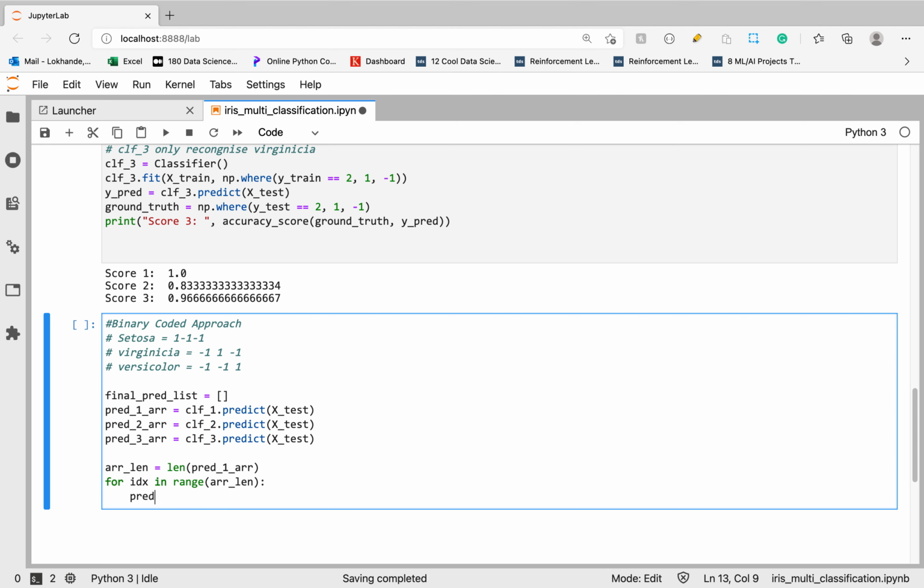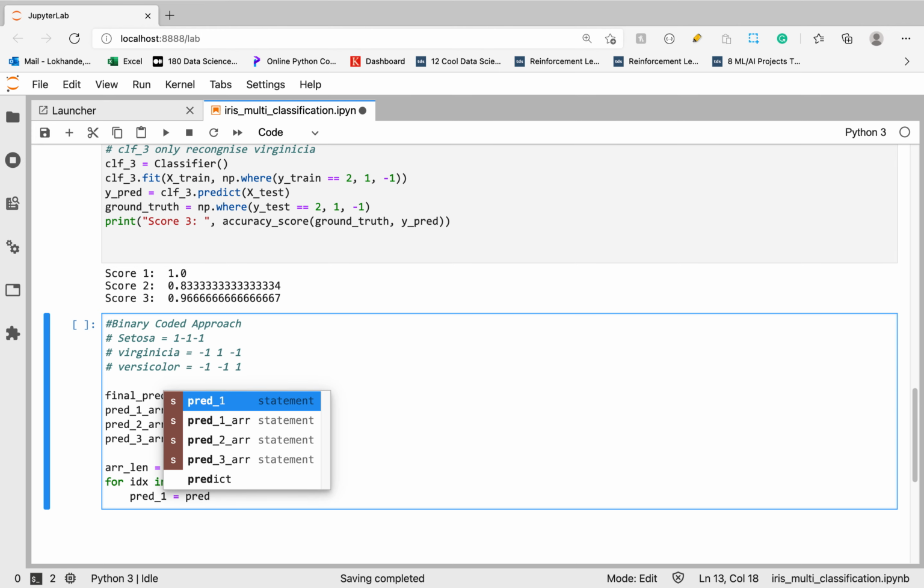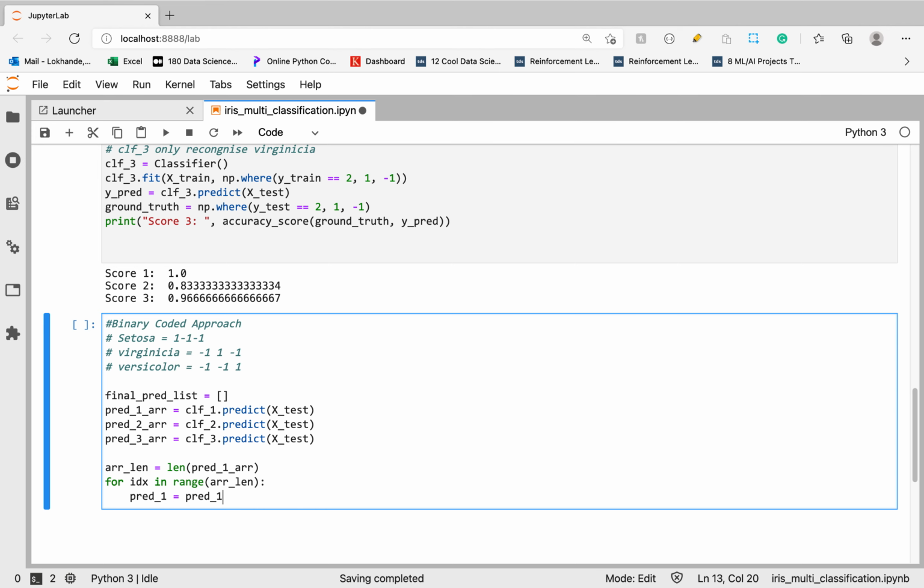Now let's extract the prediction of classifier 1 for the respective instance, basically index 0, the prediction for X_test of 0, the first instance.